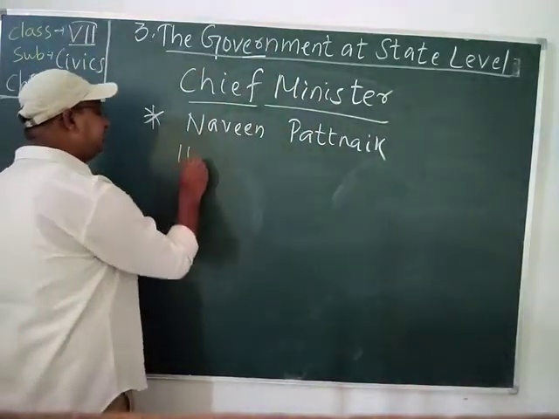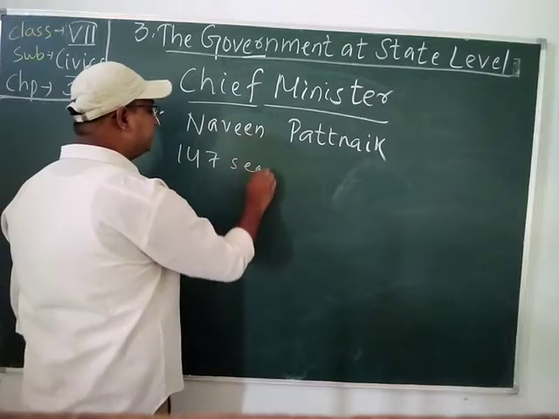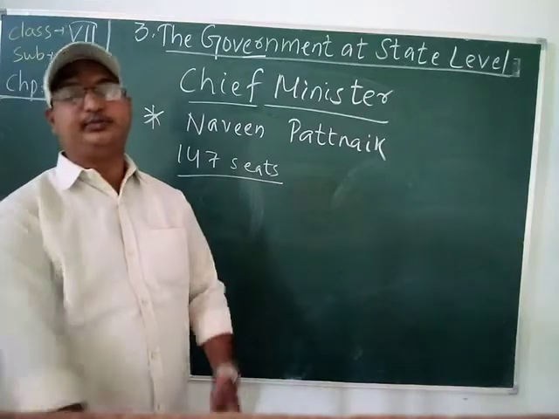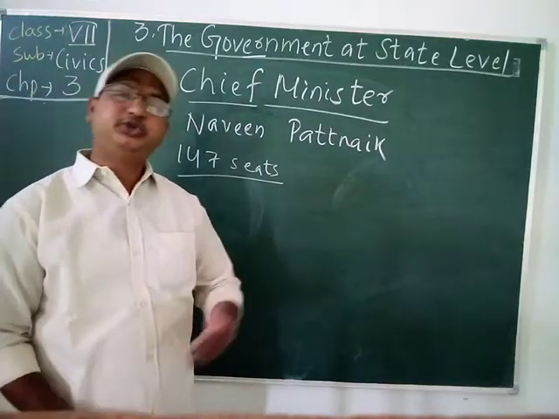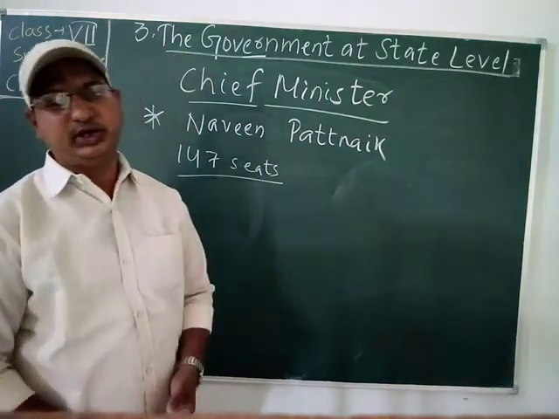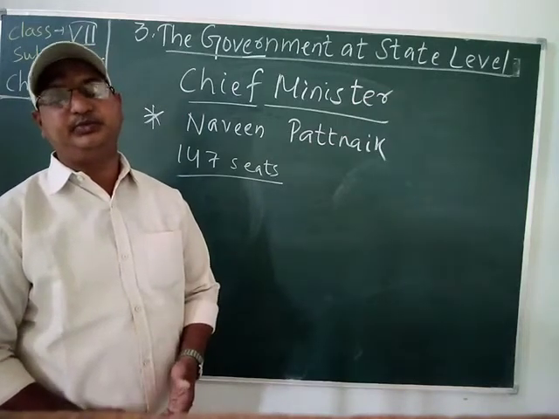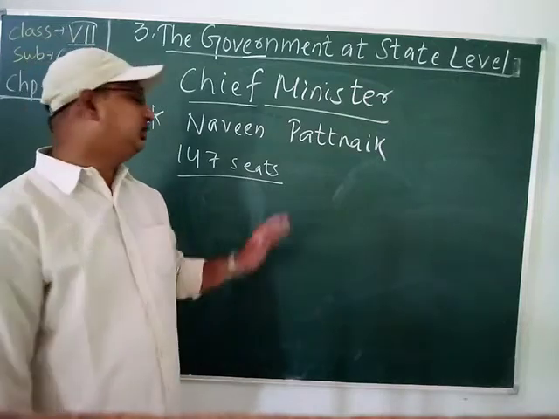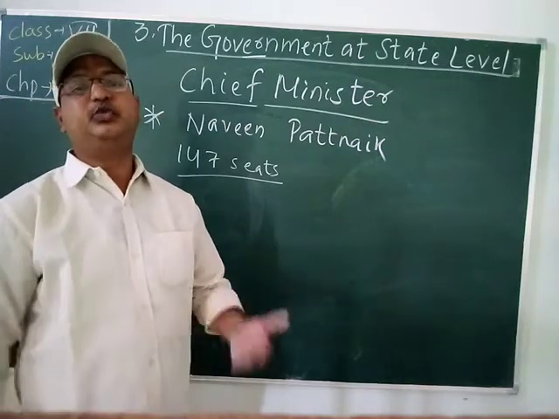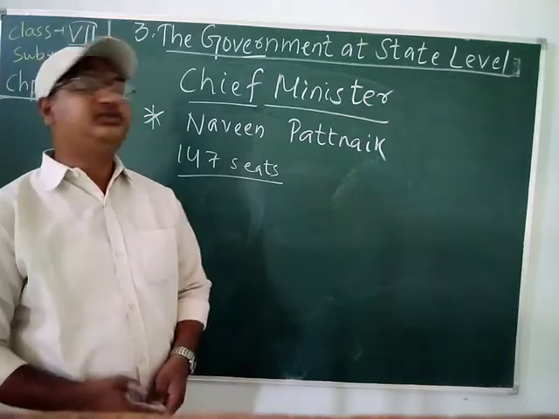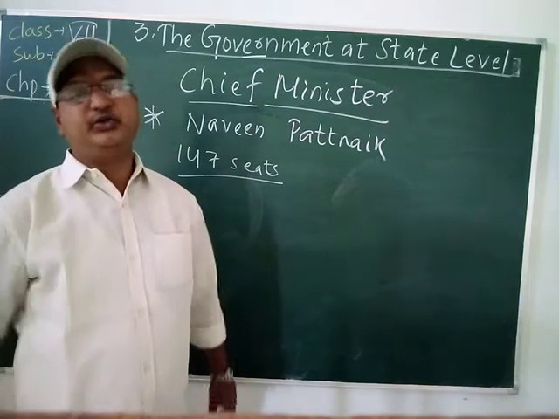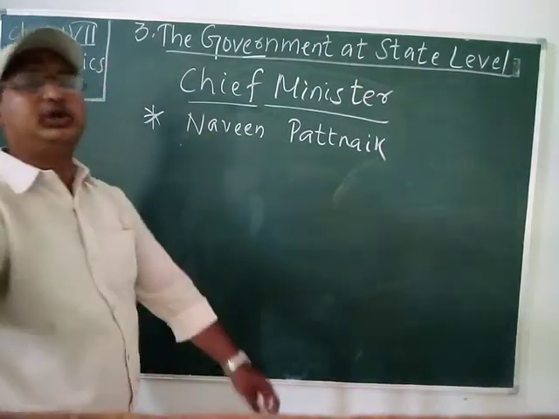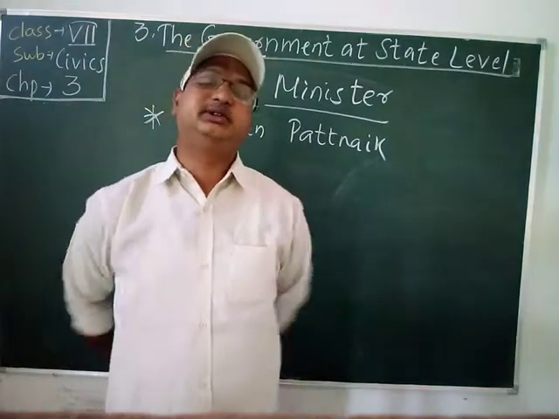Students, there are 147 seats in the legislative assembly in our state, like our Mopra assembly. Students, you know the name of our MLA, Mr. Rajendra Dholakia. He belongs to the BJD party, Biju Janata Dal. There are 147 seats, and to win the elections, they need more than 2/3 of the vote. If they get such a large majority of votes, they can form the government. The BJD has got more than 110 seats in the last year's elections.